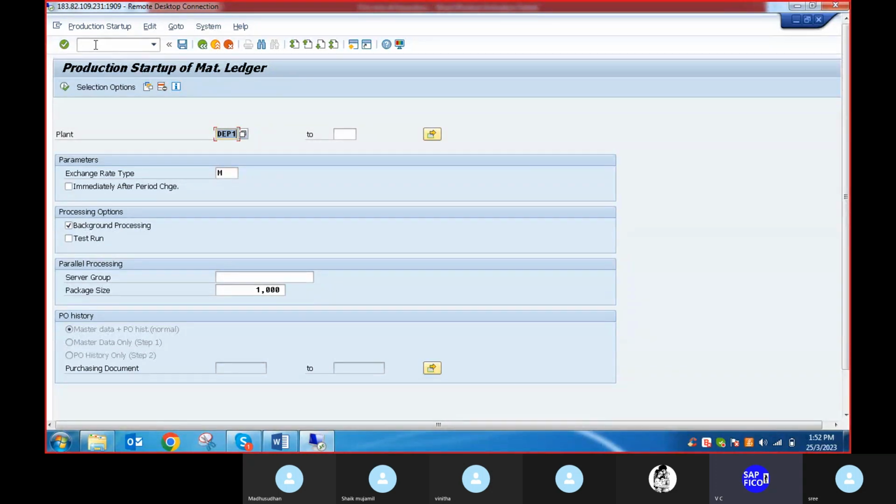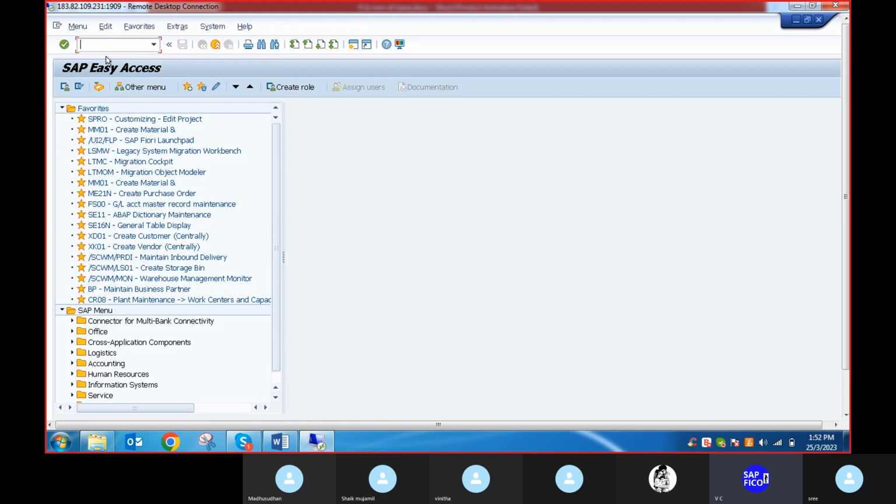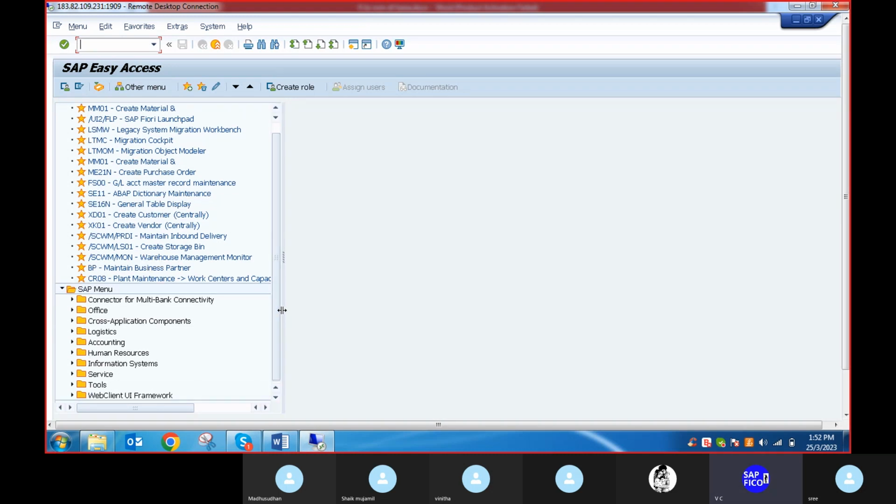Okay, and you can find all these transaction codes in SAP Easy Access also. Okay, so give slash n. So when it comes to the end user point of view, we are going to find out a lot of things. What are those things? What we will do is we will check with the